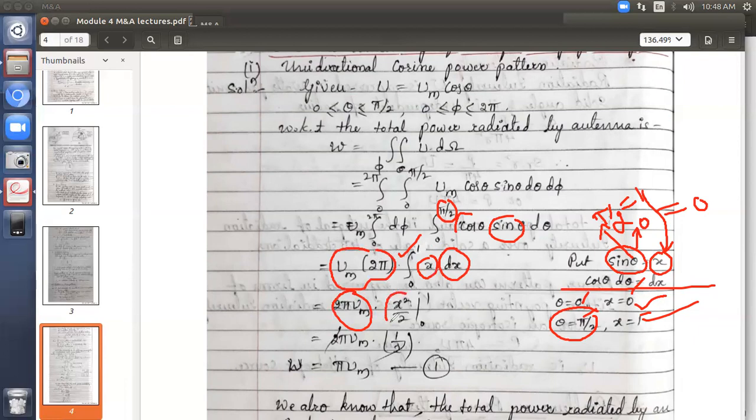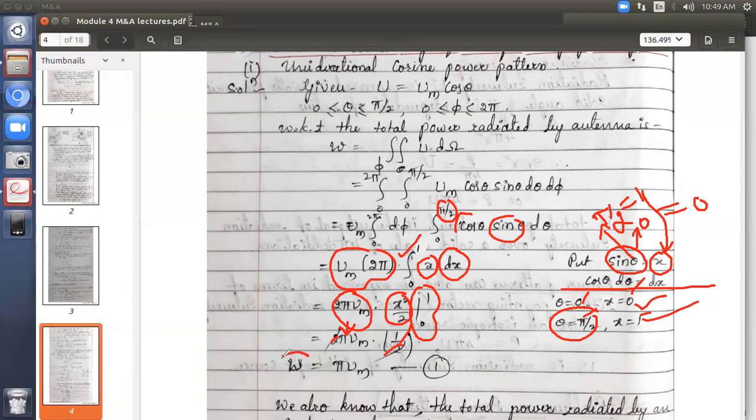It is x square by 2 with the limits of 0 and 1. So now apply the limits. As it is 2 pi, apply the upper limit, 1 by 2, minus 0 by 2. So that will go, and only 1 by 2 will remain. 2 gets cancelled. You will be left with pi into